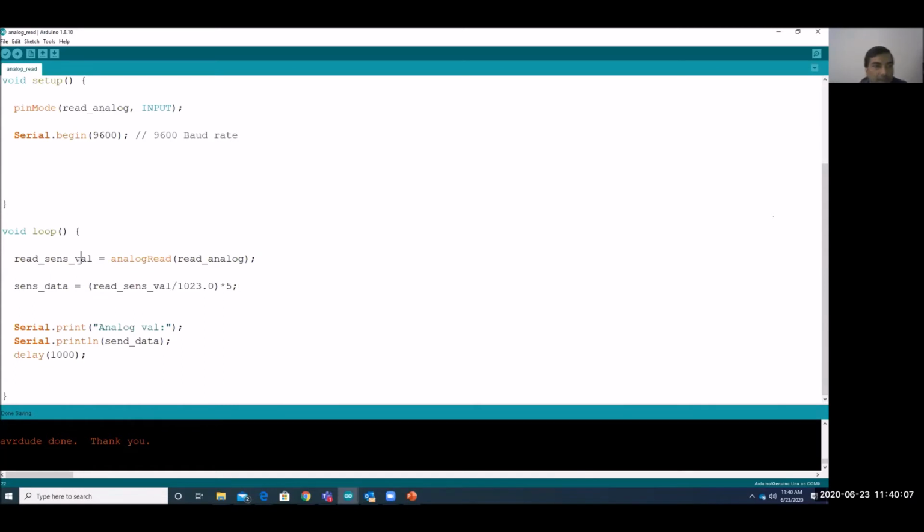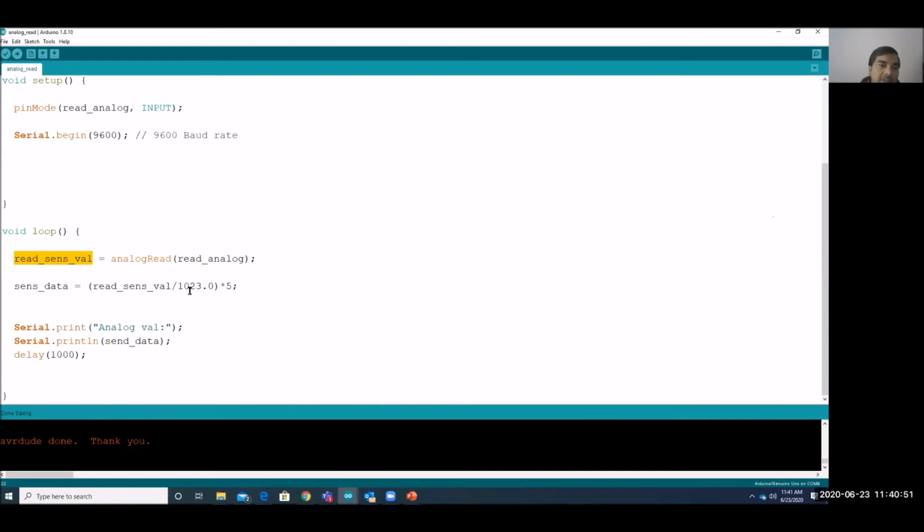Whatever value will come here, the maximum value, that I have given here. And whatever data will come, suppose from the sensor in real time it is coming 500 something. Then 500 divided by this will be around 0.5. And 0.5 if you multiply by 5, it will come 2.5. So when the voltage is 2.5 in the pin, at that time you will get 500 something over here. So you are converting that 500 into the voltage.